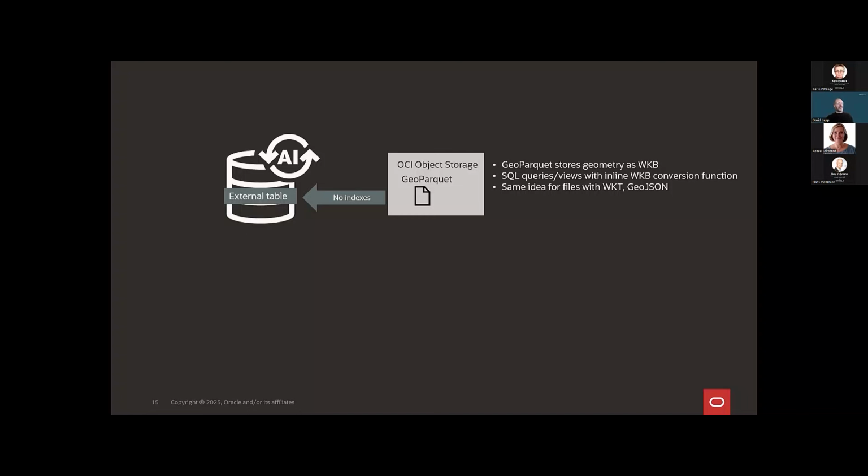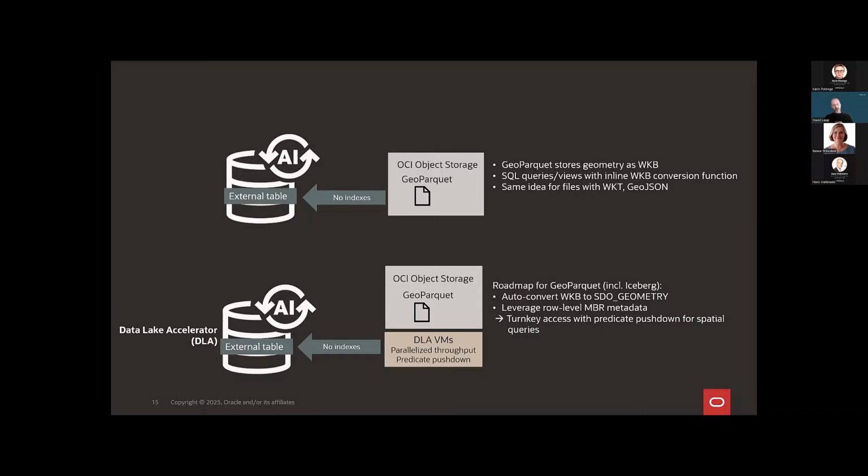And one of the critical key, no, I was going to say emerging, but it's emerged as a pivotal geospatial format for lakehouse architecture is GeoParquet, and I'll say a little bit more about GeoParquet in a moment. But the idea here is that we want to be able to access data from object storage. I'm specifically going to be working here in an autonomous AI database context, and our lakehouse is files and object